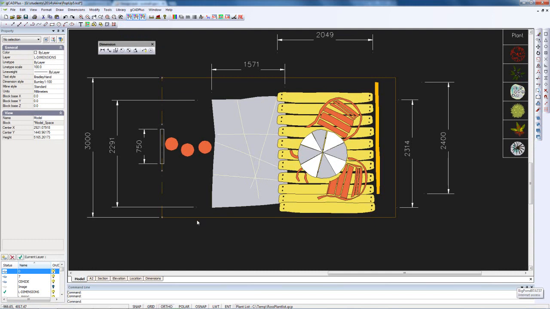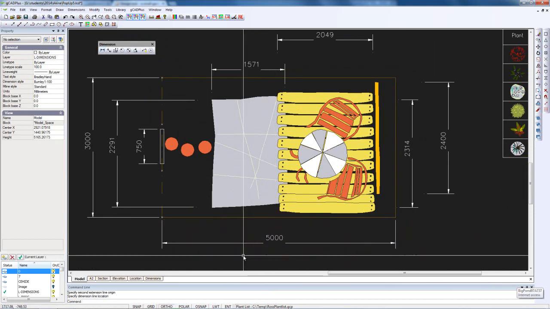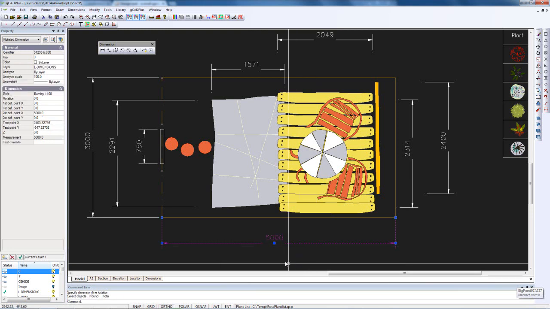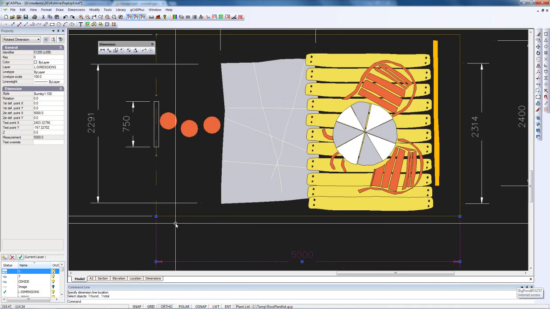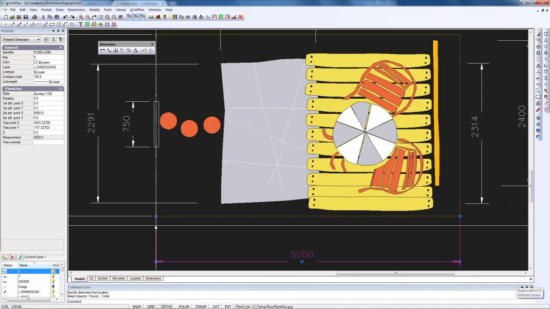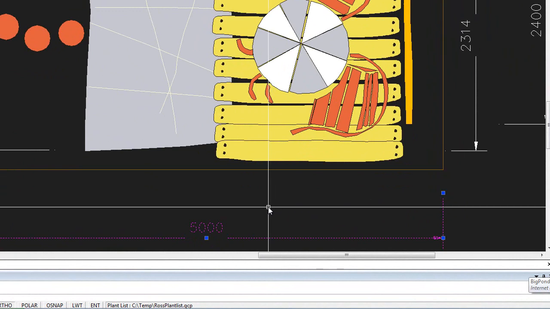Now if I want to apply dimensioning across the bottom, it's just a matter of picking dimension, come over here and snap to that point there, select end point and snap to that point there, and then move down the dimensions in position. You can change it. It's one entity. You can move things around like so. If you wanted to alter the offset, you could just pick there and drag back, pick there and drag back,